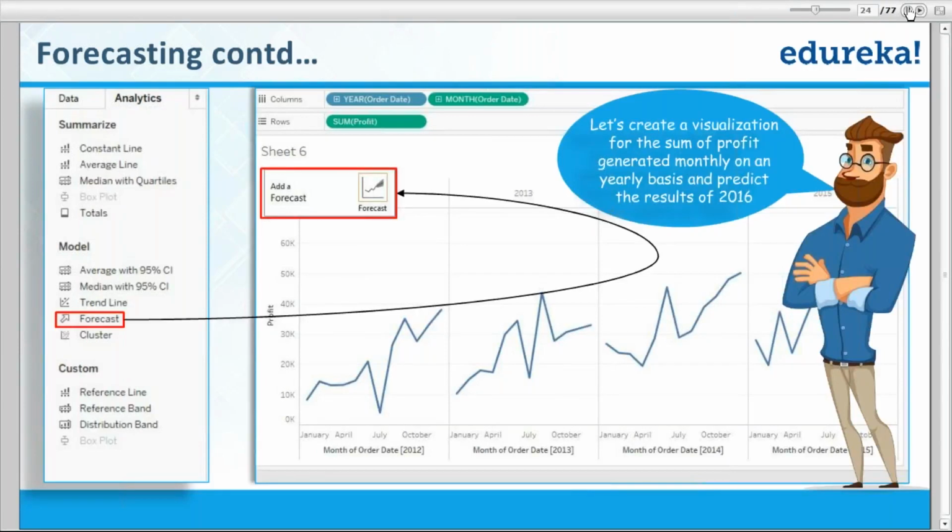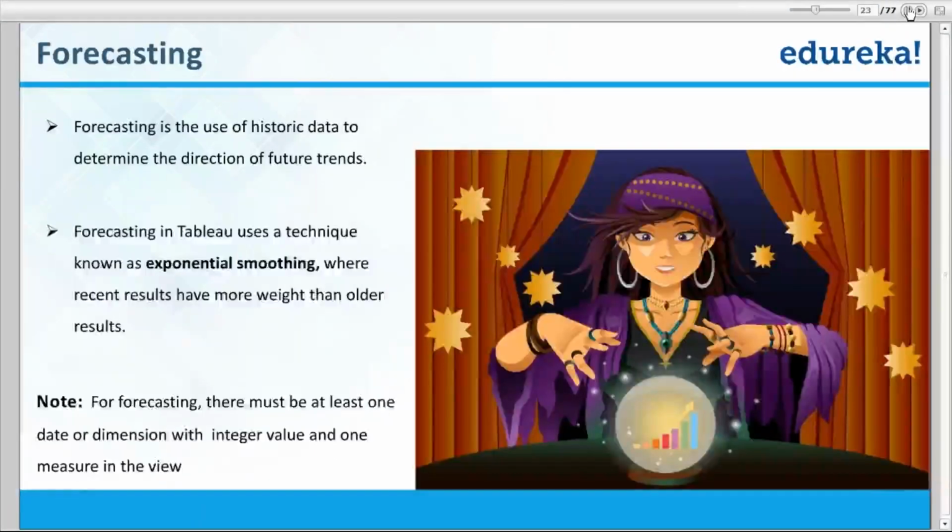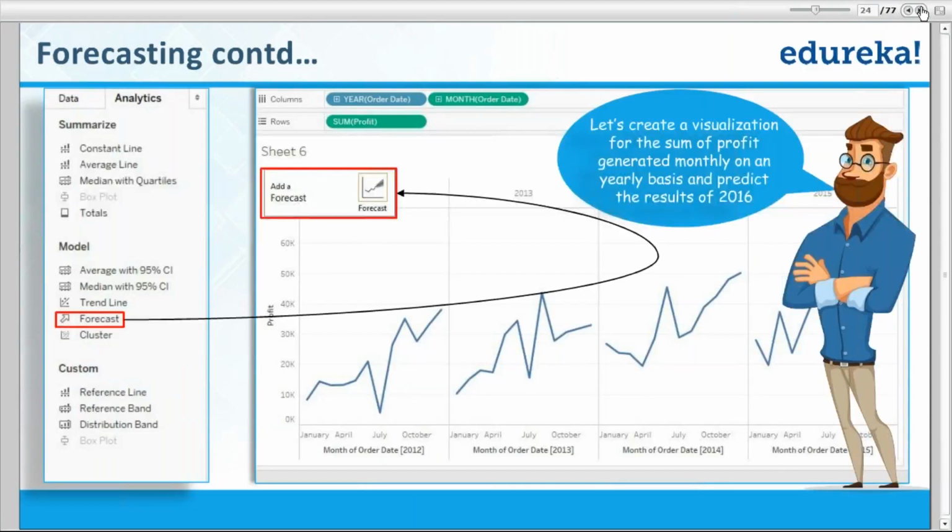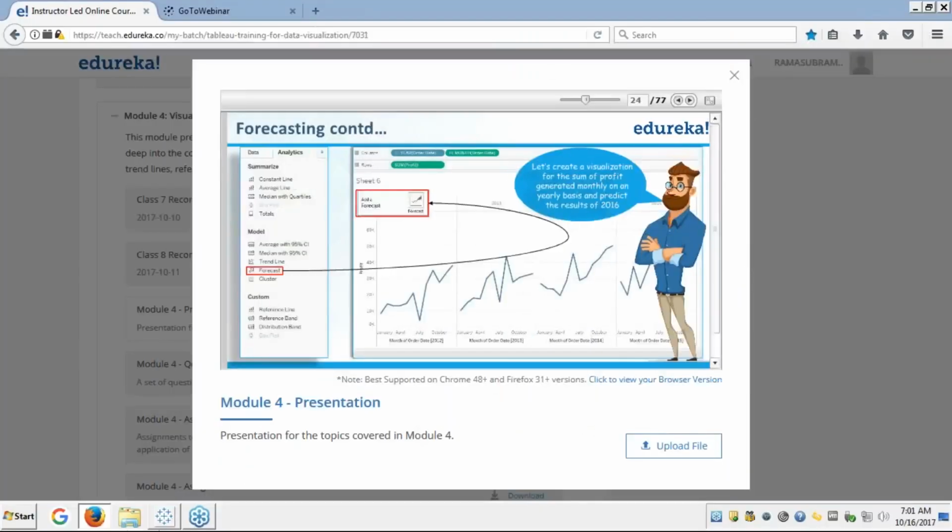You should have a year column, or at least one date dimension, or a dimension with an integer value. At least this is required, and we have to have at least a year column there. So, to continue on this,